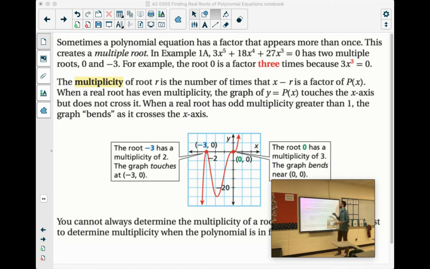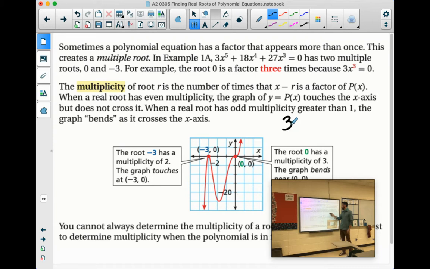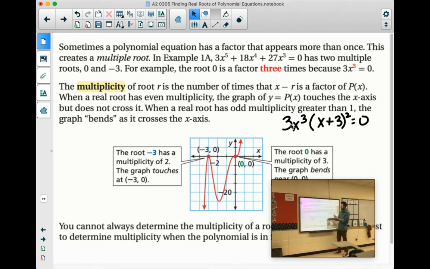Sometimes a polynomial has a factor that appears more than once. Like the example we just did on the last slide. In example 1a, you had 3x to the fifth plus 18x to the fourth plus 27x to the third equals 0. If you remember how that was factored, it was 3x to the third times (x plus 3) squared equals 0. So multiplicity shows, if you look at the graph here, you'll see the graph only crosses